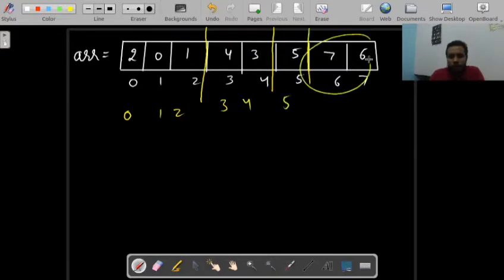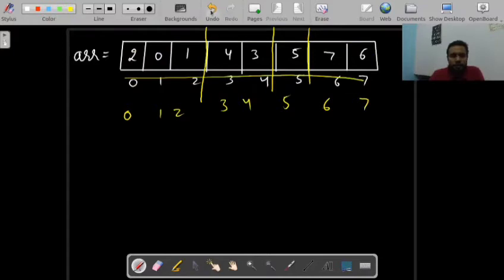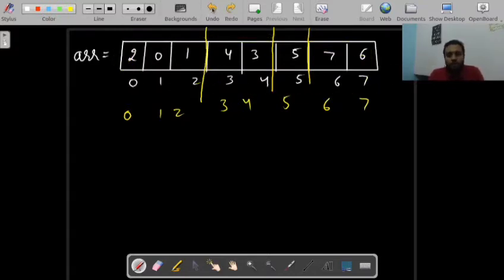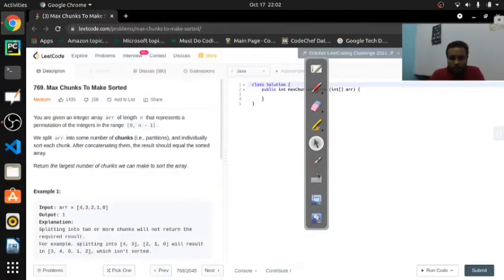If I sort this part, it will be 6 7, and I think these are the maximum number of chunks which I can apply on this array. Actually, we can sort it by making only a single chunk, first this and second this, but we have to maximize the number of chunks. So let's focus on the question again, because the question contains amazing information.